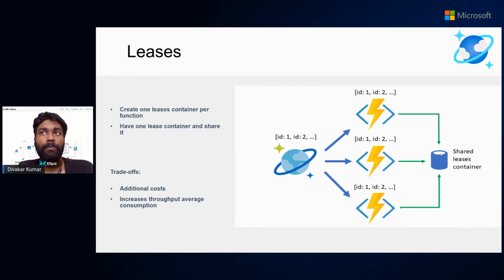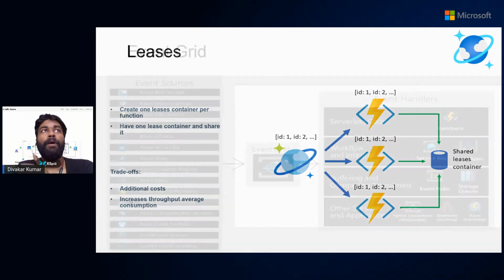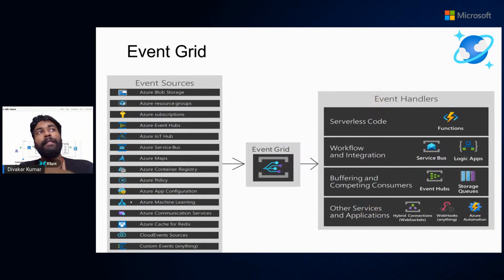This is one way of going about this, and this is the best practice. But there is a trade-off you can think of in the future with the shared leases container as well. Consider a scenario where you end up adding more and more subscribers to this particular change event. You might reach a situation where you need to increase the throughput, which again is going to consume some cost, so you need to reconsider increasing the throughput for the container.